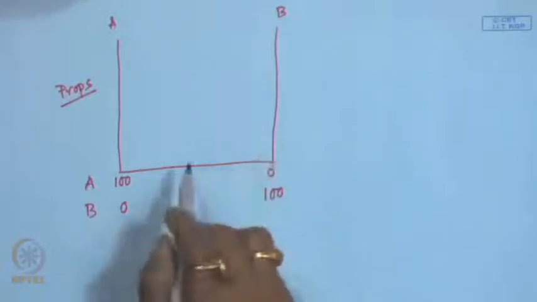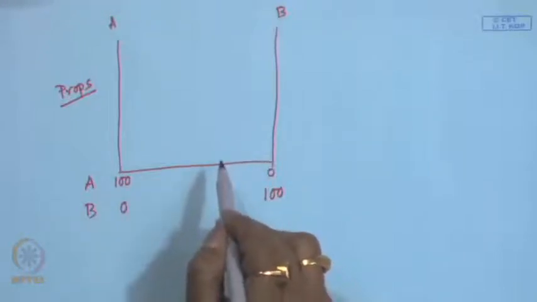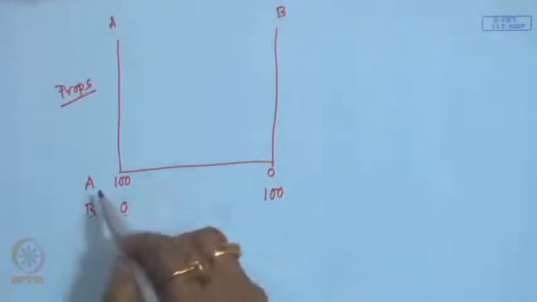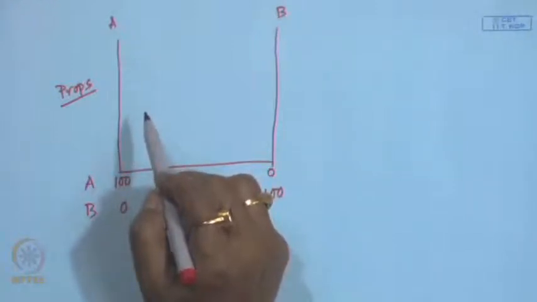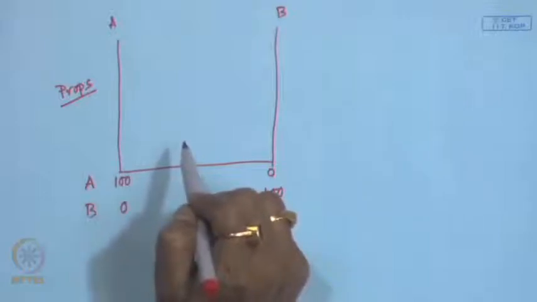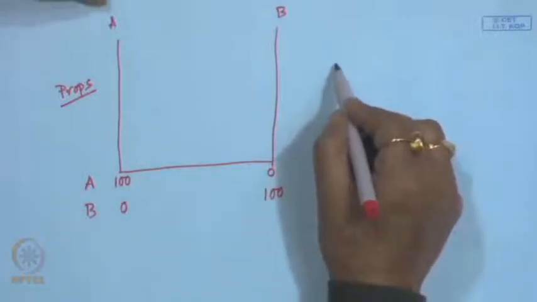And we will have a full range of compositions, and we can make infinite number of blends of A and B taking intermediate compositions, and one can evaluate the properties of those